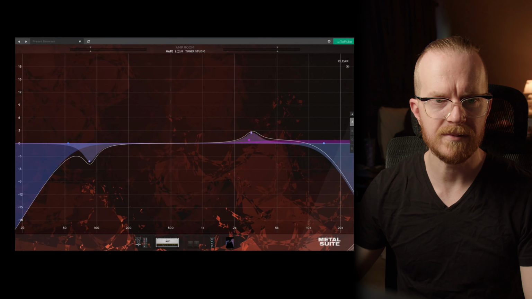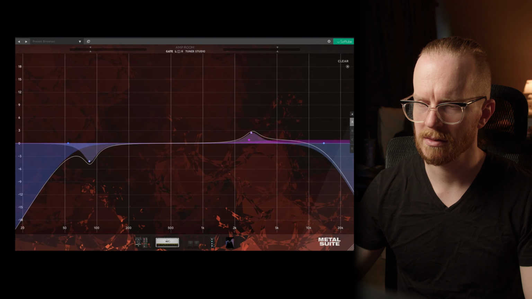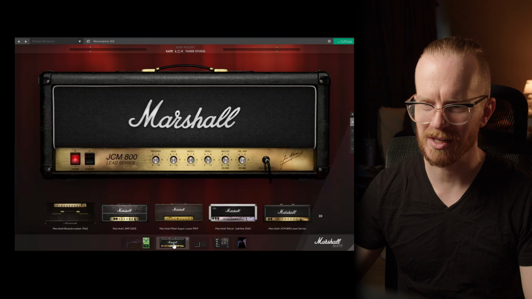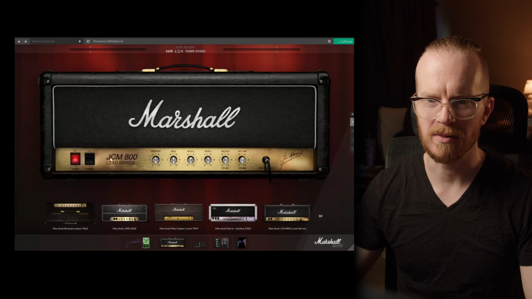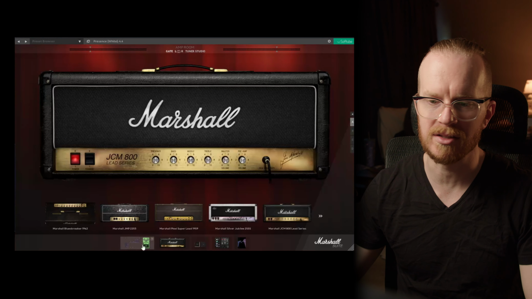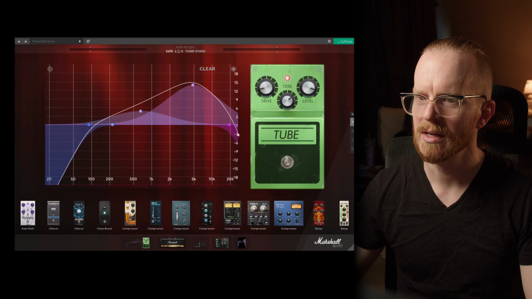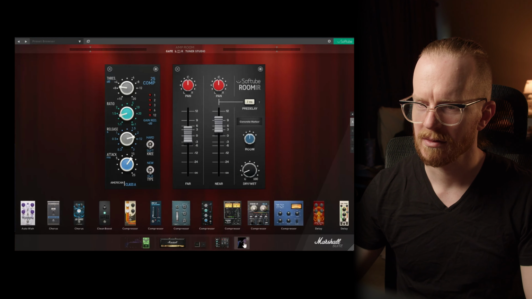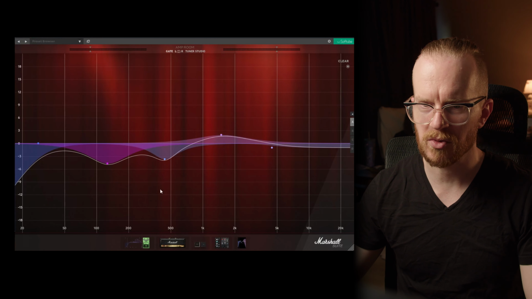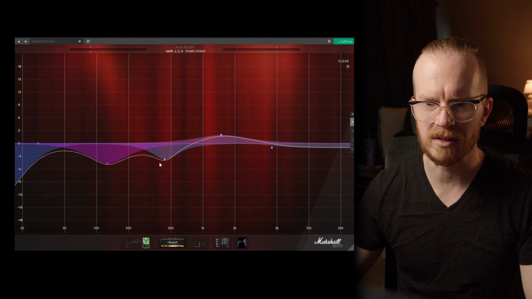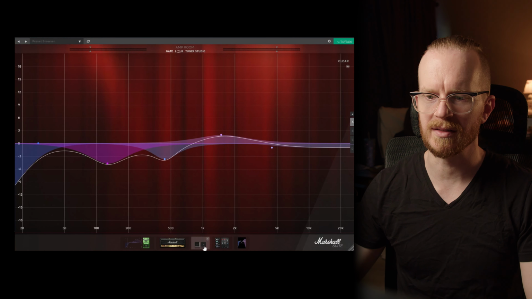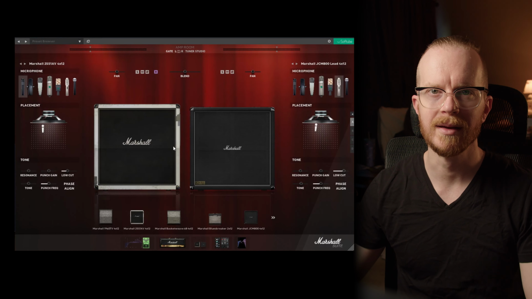Next up, we have the Marshall Suite. Yes, the Marshall Suite. I swapped up to the JCM 800 because that's just a solid amp. I turned on the Tube Screamer and then dropped out the lows and low mids pretty consistently because these Marshall cabs are pretty woofy in that